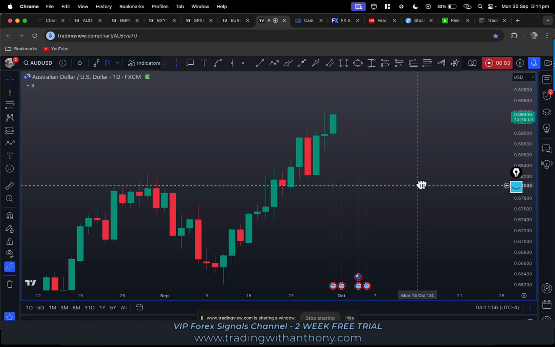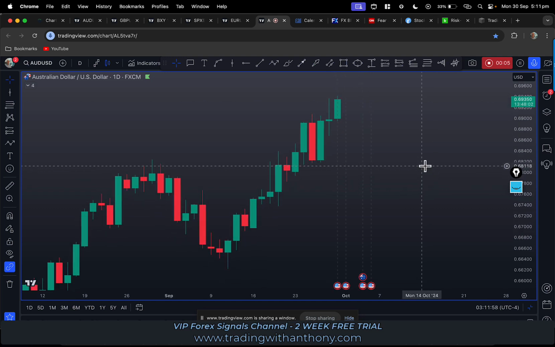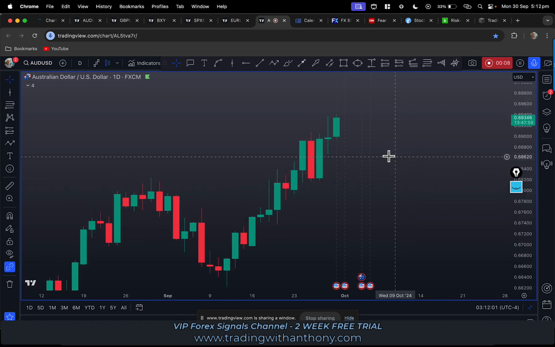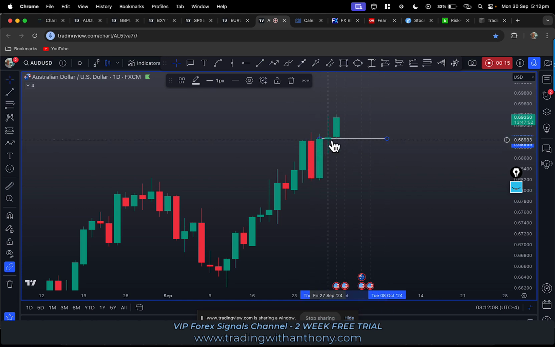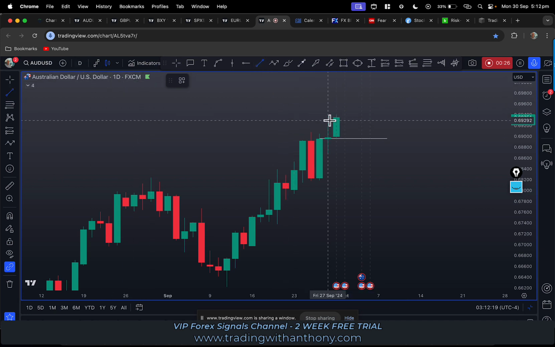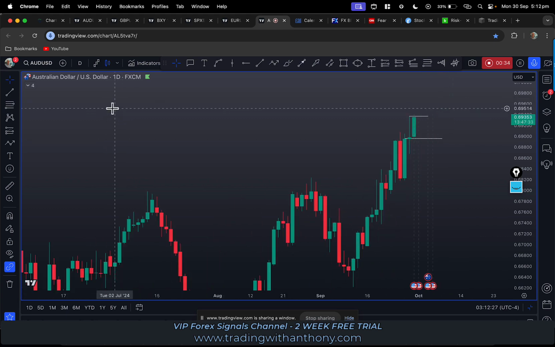Traders, we're looking at the Australian dollar paired with the US dollar, the Aussie dollar on the daily chart. So I'm looking at this from a bullish break of structure perspective. Okay, so we've got this bullish trend, we've broken out, and we're currently testing this previous daily high on the daily time frame. So we're going to go down to the 4H, but before we do, we're just quickly going